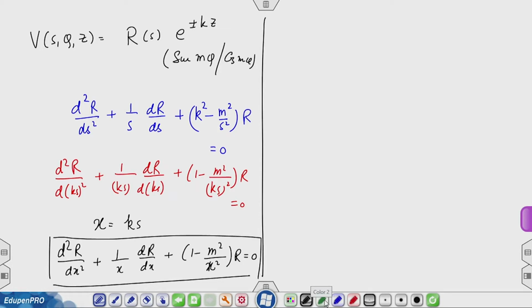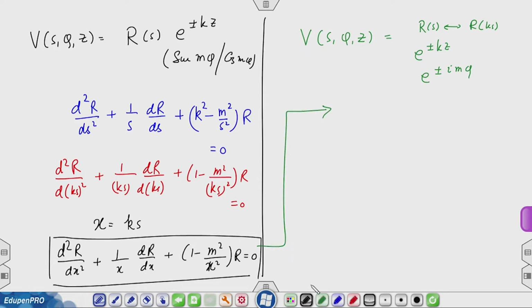So, let us see what the solution is. The final solution is V(s, phi, z) is equal to product of three functions. One is this R(s), one is e raised to plus minus kz, and this I can write as R of ks, and the third one is e raised to plus minus i m phi. Now, this equation for R is the equation for Bessel functions. And its solutions are the Bessel functions of mth order,